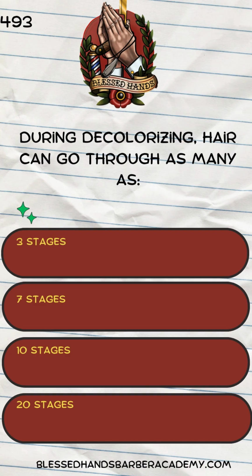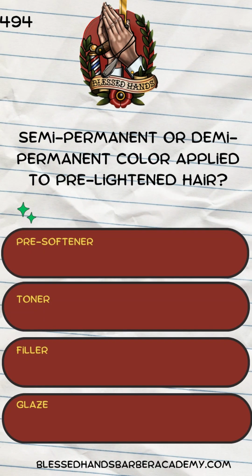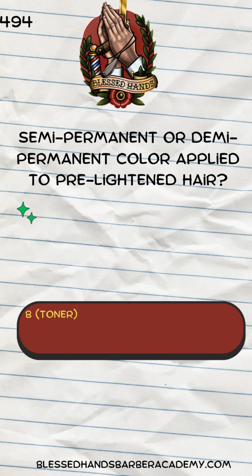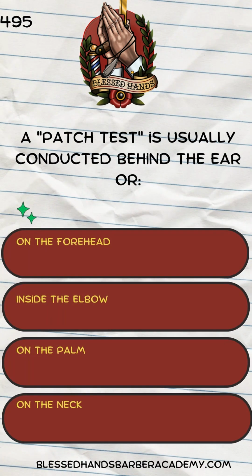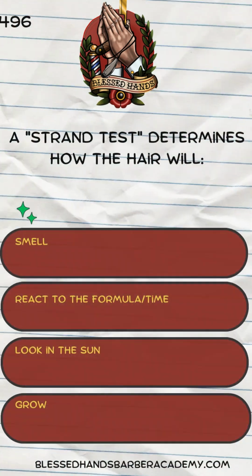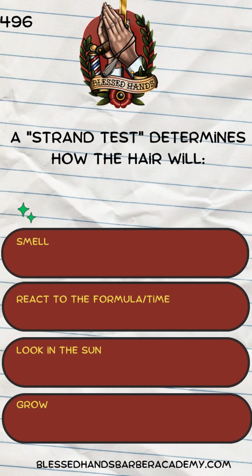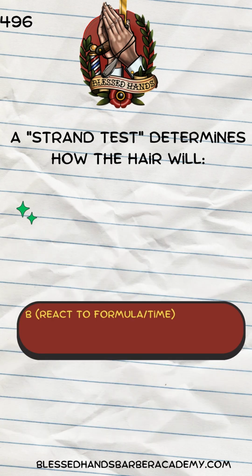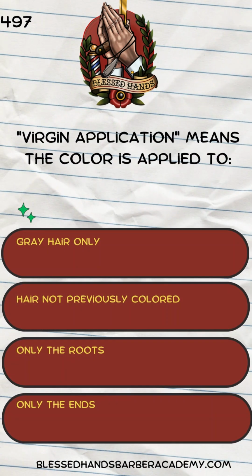stages. C. 10 stages. Semi-permanent or demi-permanent color applied to pre-lightened hair. Pre-softener, toner, filler, glaze. B. Toner. A. Patch test is usually conducted behind the ear or on the forehead, inside the elbow, on the palm, on the neck. B. Inside the elbow. A. Strand test determines how the hair will smell, react to the formula/time, look in the sun, grow. B. React to formula/time. Virgin application means the color is applied to gray hair only, hair not previously colored, only